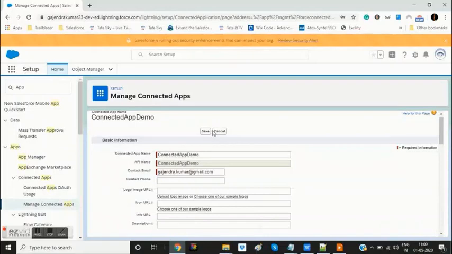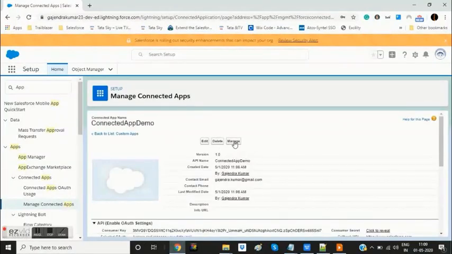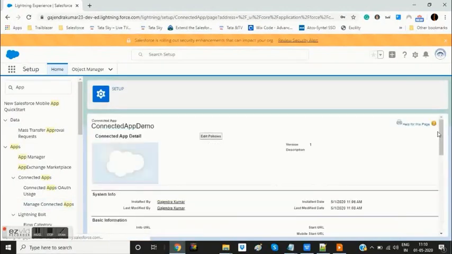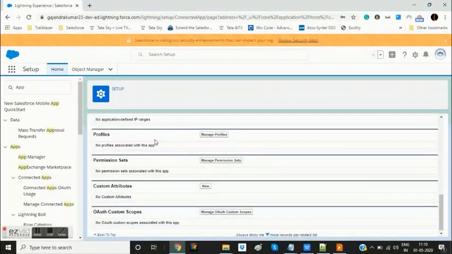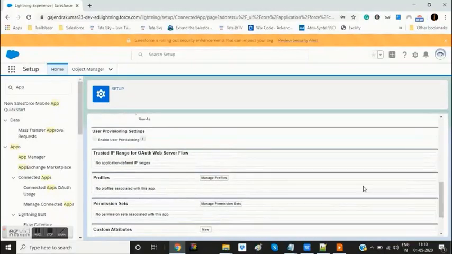So it does not have any impact on the application which got created, but as a result of this, if I click on the manage button and I scroll down now, I can see these two tabs became visible now, and this tab, trusted IP range for OAuth web server flow.